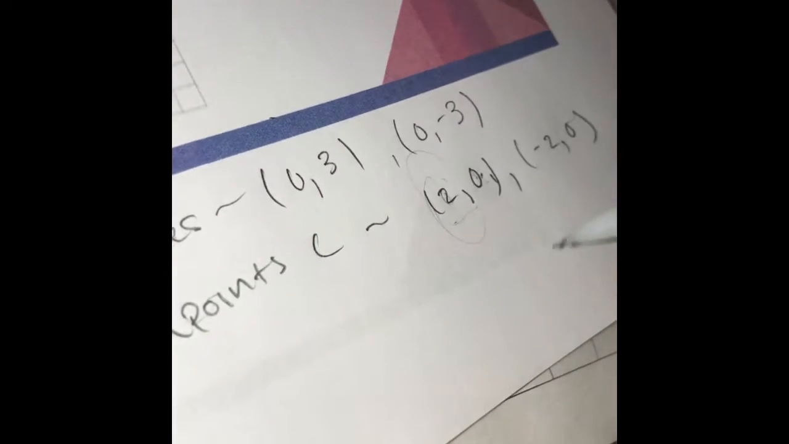2, 0 and negative 2, 0. And the distance, which is the b of the conjugate axis, is this number. Since it's a distance, we're just going to use 2 because there's no negative distance. And now to find the foci,